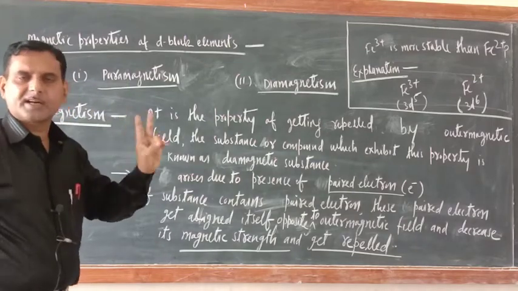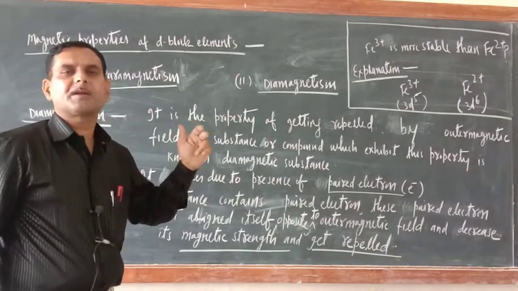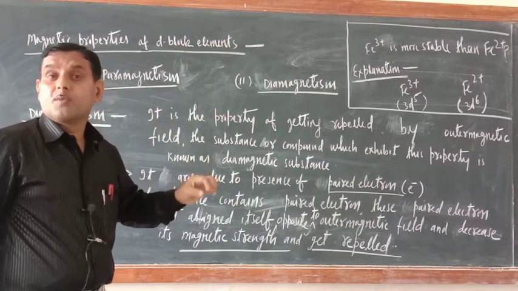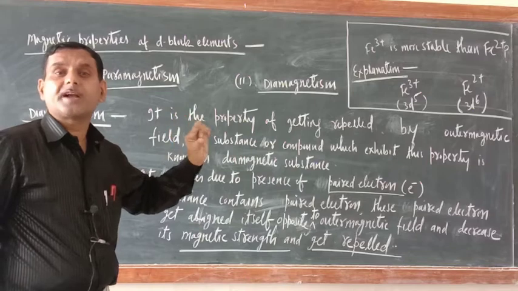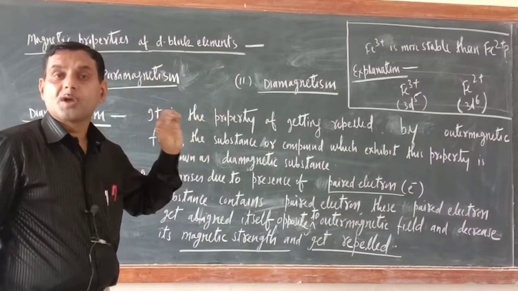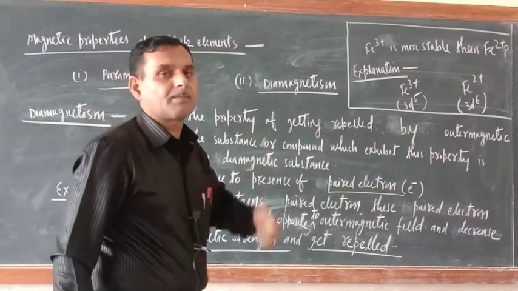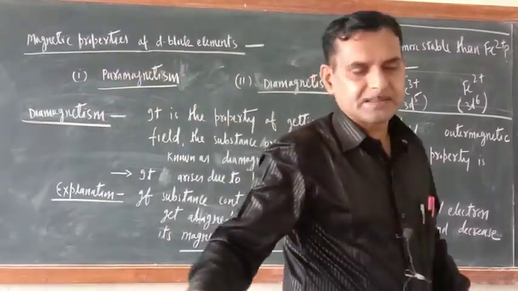Always remember, the greater the number of unpaired electrons, the greater the paramagnetism. And if paramagnetism is more, there is a physical quantity known as Bm, Bohr magneton. So that character can be measured with the help of that unit. Now further I will explain that only.